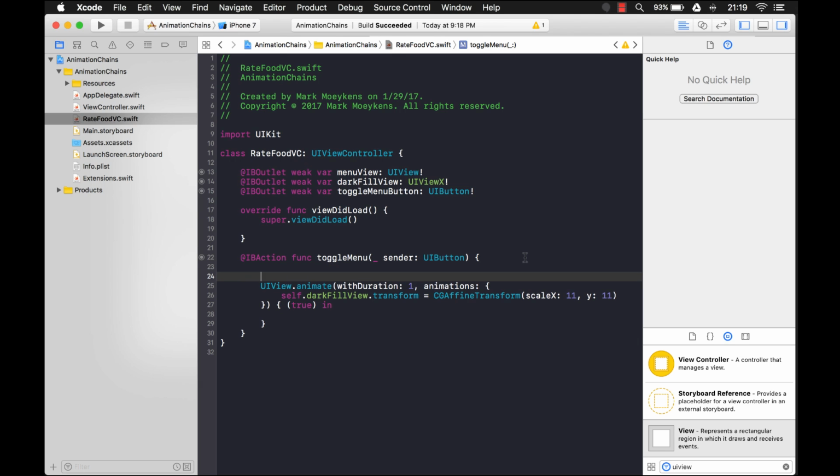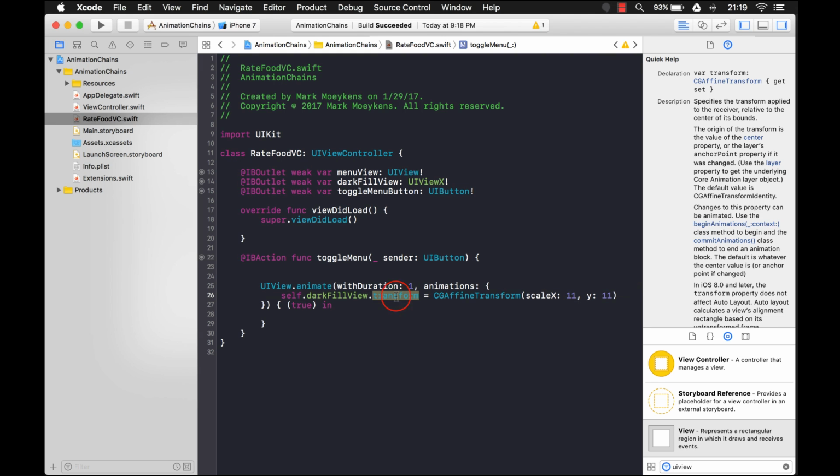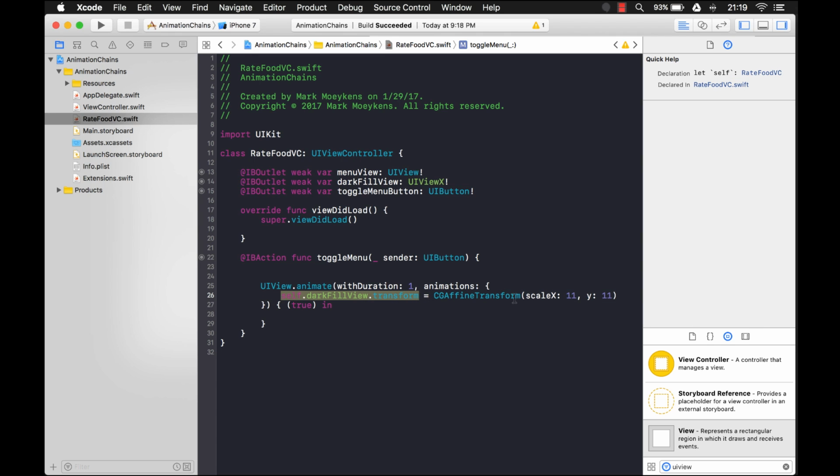I could create a Boolean variable and set it to true and false every time I click that button, but there's really no need to do that, because I can just check this property right here, and I can check to see if there's an affine transform applied to it. I have to keep practicing that. Affine. Okay, so if I just say, I don't need self in this part right here. If the transform equals,